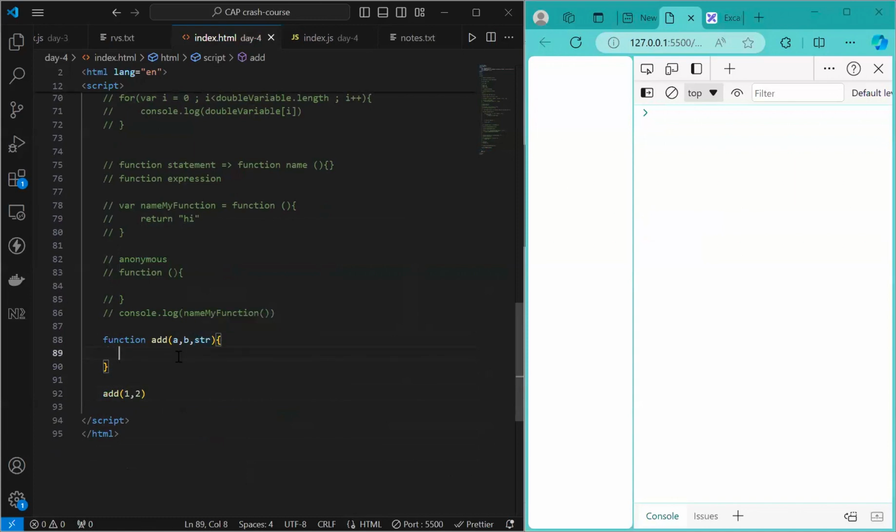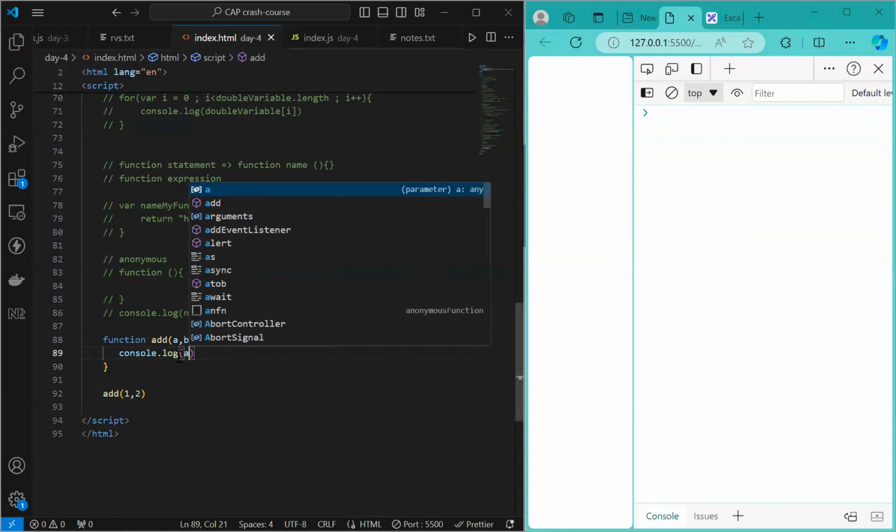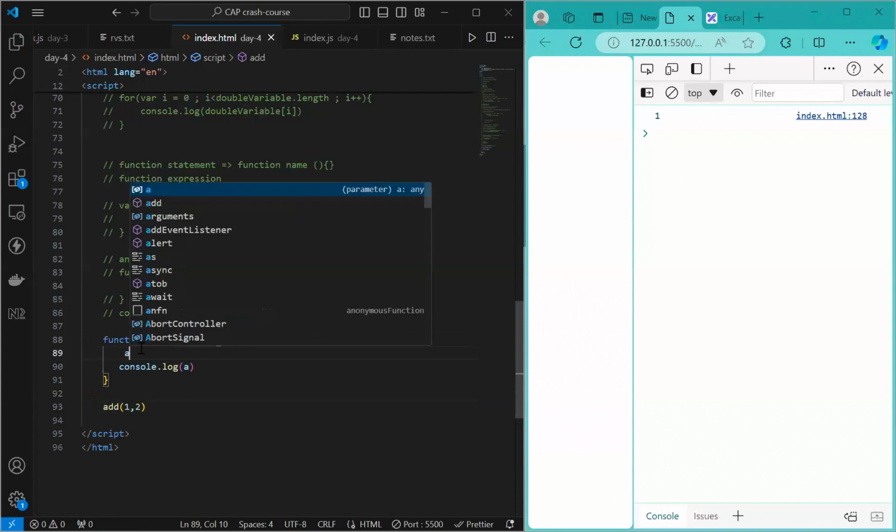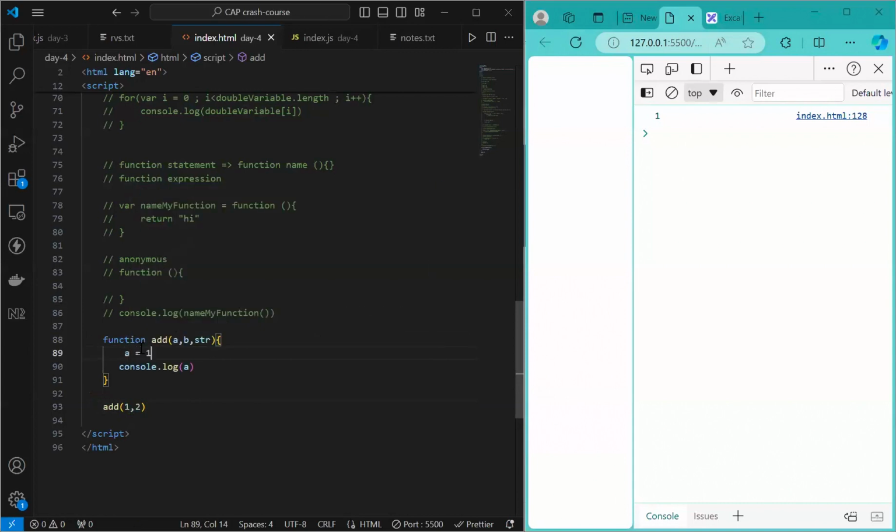सो इन हियर इफ आई गो एंड राइट console dot log a, आई विल बी प्रिंटिंग ए क्योंकि आई हैव पास्ड 1, राइट? कीप इन माइंड सीरियल नंबर फॉलो होता है, तो 1 सबसे पहले है, 1 बी गिवन असाइन वैल्यू टू ए. ठीक, इन हाइंडसाइट क्या हो रहा है, दीज थिंग्स आर बीन टेकन, तो इनको वेरिएबल के नाम की तरह रखा जा रहा है एंड दीज थिंग्स आर बीइंग गिवन द वैल्यूज. सो बेसिकली, ए इज बीइंग डिफाइंड, ए को वैल्यू मिला 1 का, B is being defined, B को वैल्यू मिला 2 का, and str is also defined,